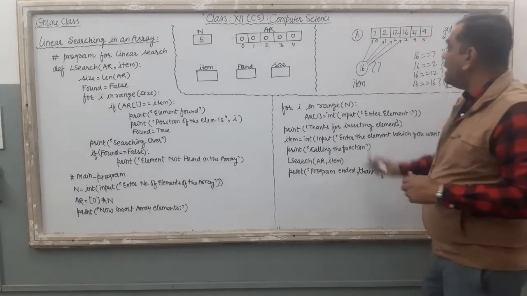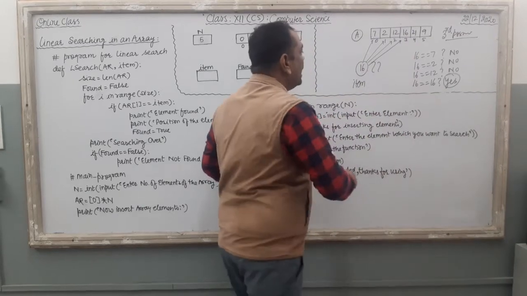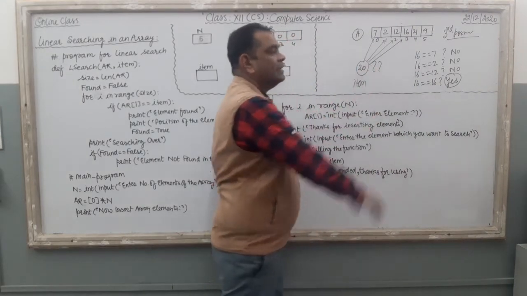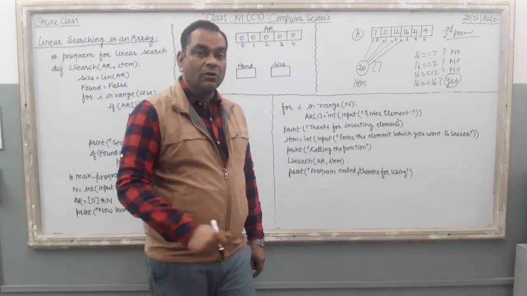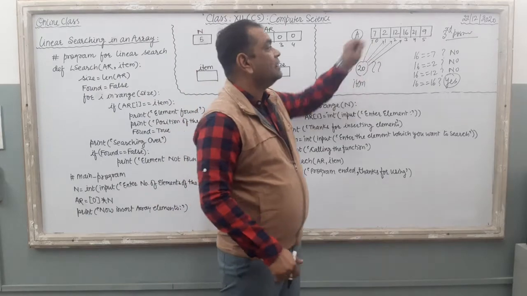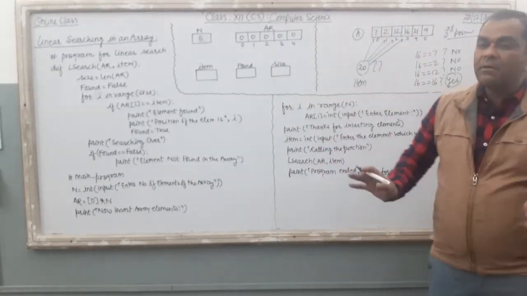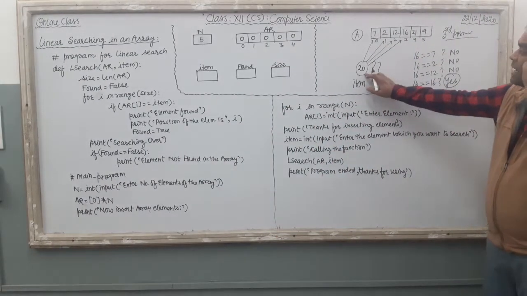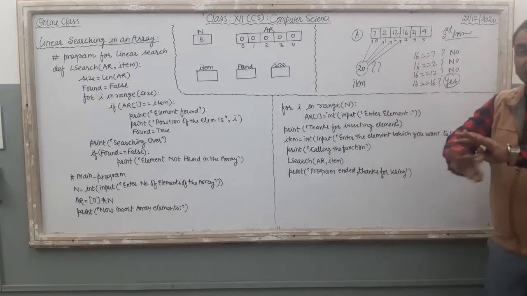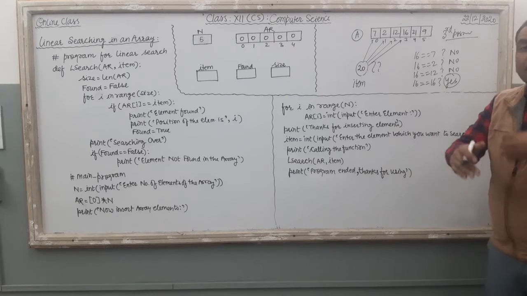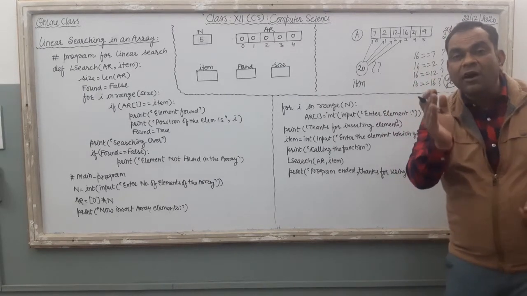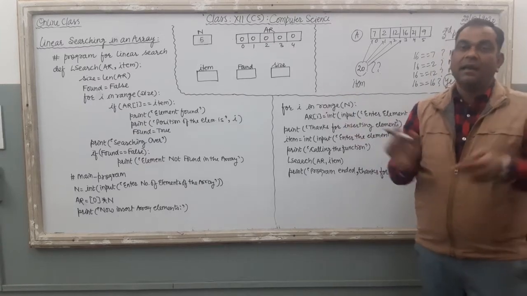Now let's take the other case, where the element you are searching for is not there in the array. What happens in linear search? Suppose we search whether 20 is there in this array or not. The same technique is applied by your PC: 20 compared with 0, then the next, and so on. There is no 20 in the array. So what should your message be? Your message should be element not found in the entire array.